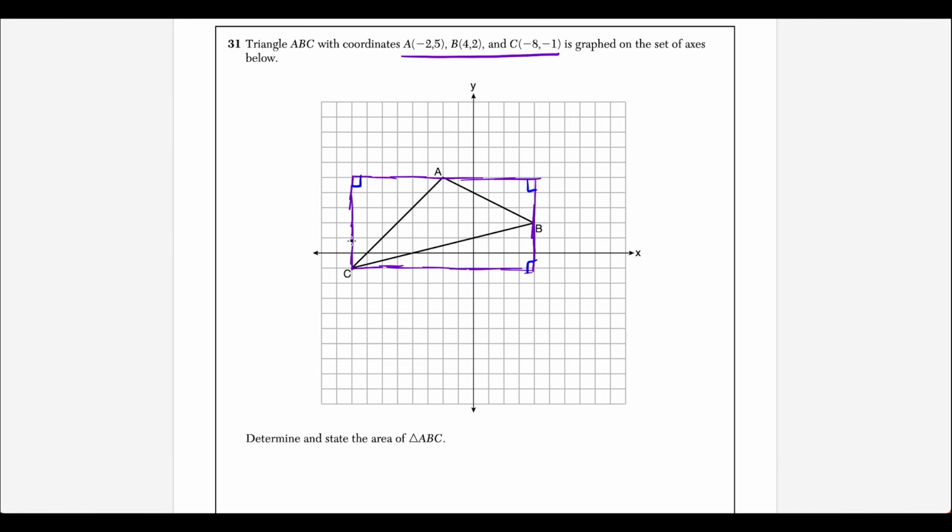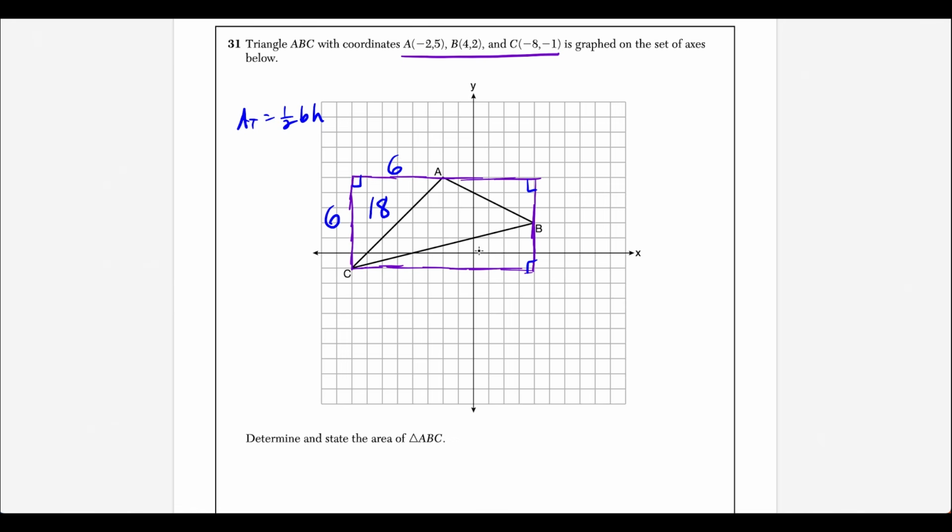So we're going up 1, 2, 3, 4, 5, 6. So this triangle is going up 6 and over 1, 2, 3, 4, 5, 6. So this one is a 6 by 6, and remember the area of a triangle is equal to 1/2 base times height. And if I do 1/2 6 times 6, that's going to give me half of 36, which is